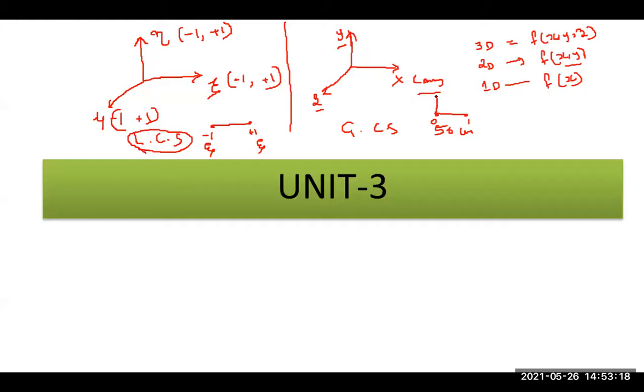Similarly, for example, let us say the y coordinate is equal to 100. This 100 can be expressed in local coordinates as eta equal to -1 to +1 only. So -1 to +1 represents these 100 units. That is the advantage for doing the finite element analysis in a simpler manner. That is why we define the global coordinate system as well as the local coordinate system. With this basics, let us move to unit number 3.